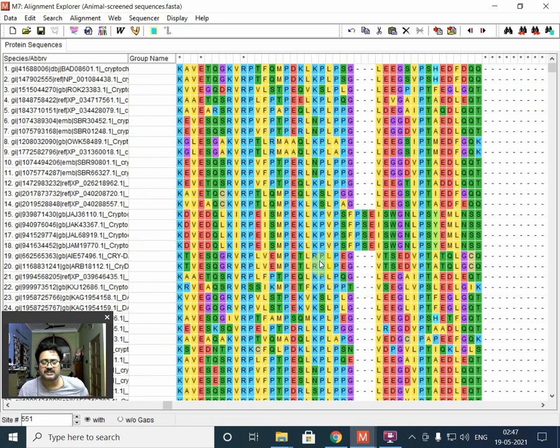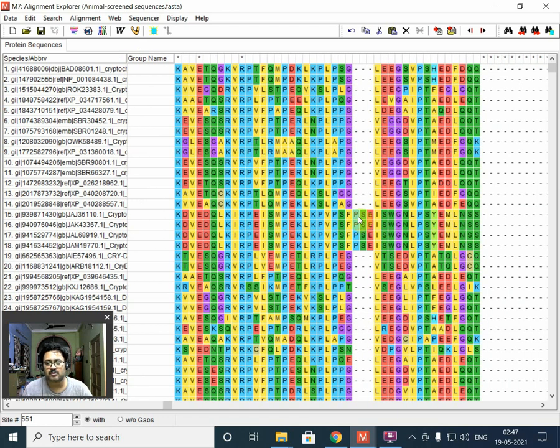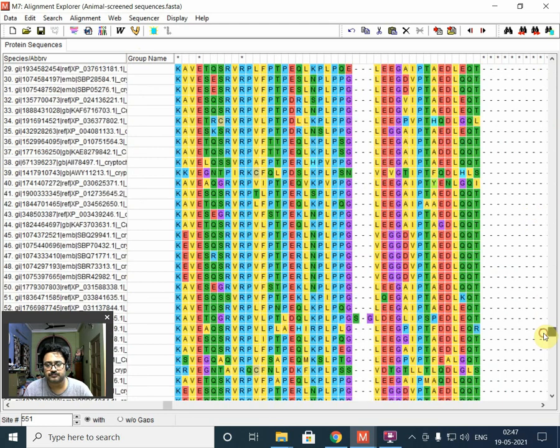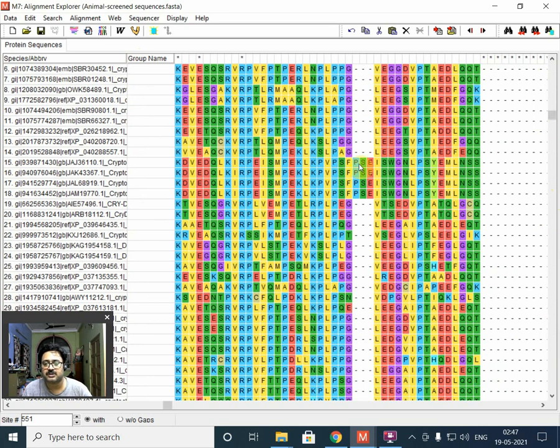During this period, at some node, this particular species branched out from the previous one, from their ancestors. During those periods, this particular addition took place in their nucleotide or amino acid sequence. Here, as you can see, S and G were added. The purpose of saying this is that when you see an addition or deletion of 2, 3, 4, 5, 6 amino acids, that is adjustable and understandable.